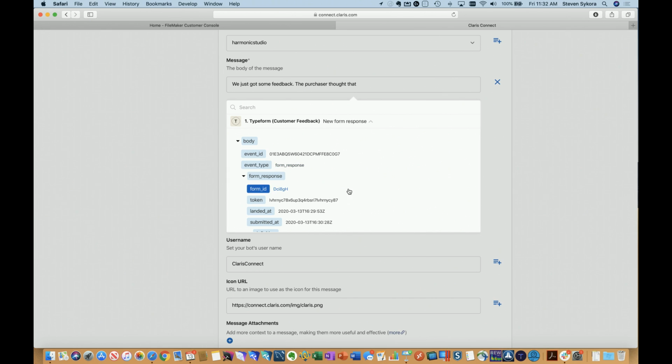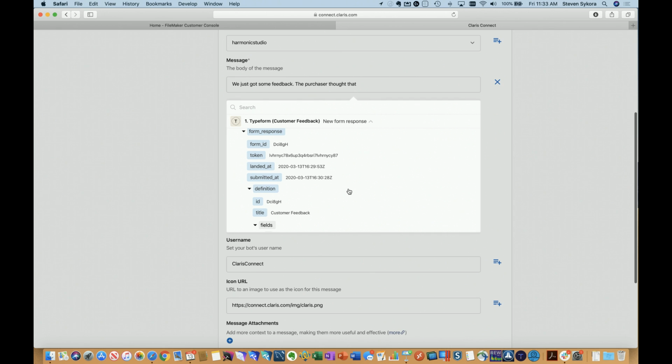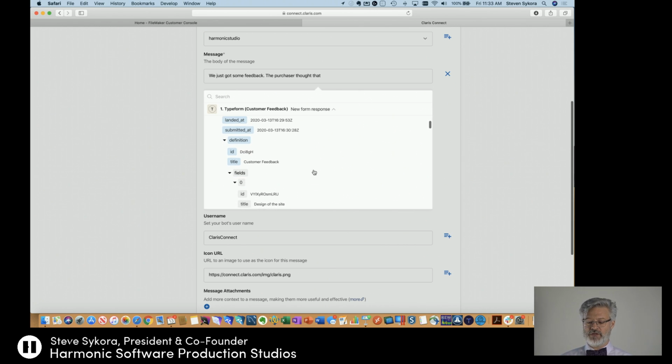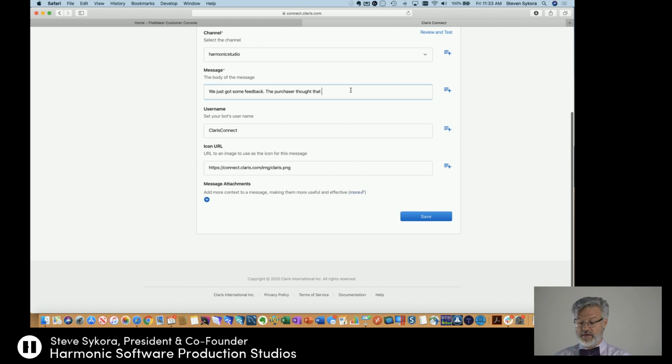So what are we looking at here? What we're looking at, if you've done any API integration, is a parsed and formatted JSON response, right? And it's giving us that JSON response. And Typeform does a nice thing, because first of all, it has the definition of the form itself, and it reminds me that question 0, the first question, was design of the site. Oh, that's right, okay. So the purchaser thought that the site design, but really it's not thought that, right? Because they give us a rating. So I'm going to say the purchaser rated the site design as